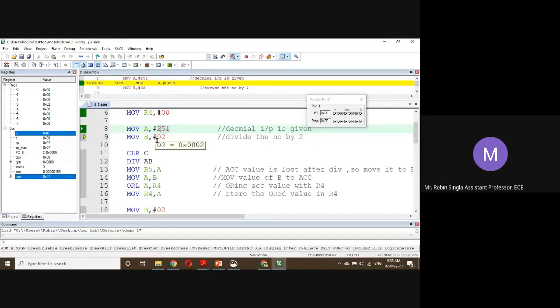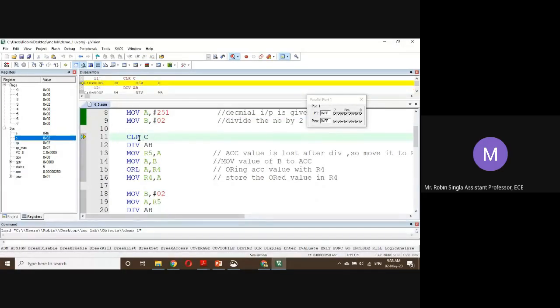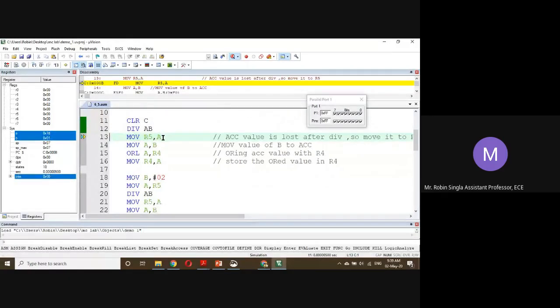Okay. Now we will move 2 to B because we have to divide by 2. We will clear the carry. If any carry is there from previous calculation, we have to clear that. Divide A by B. Okay. Now the accumulator will have the answer, B will have the remainder.